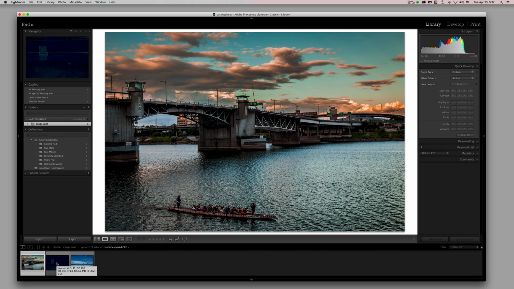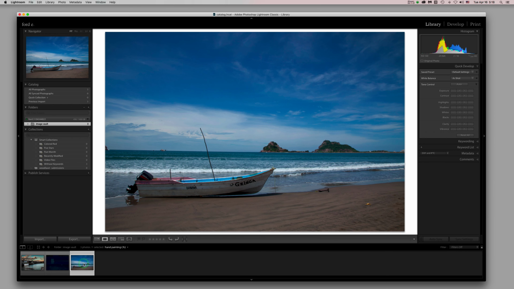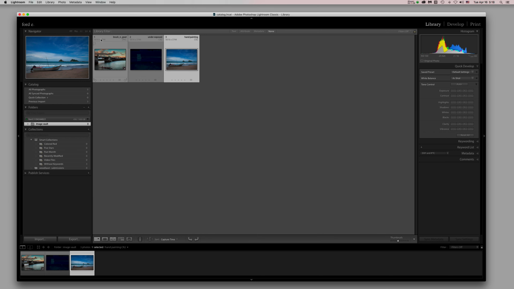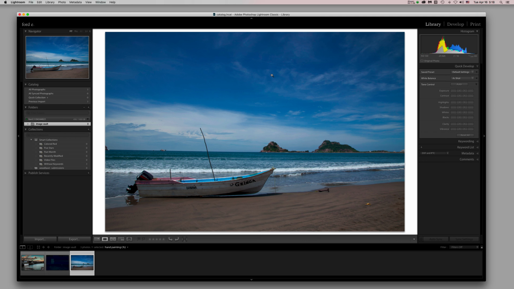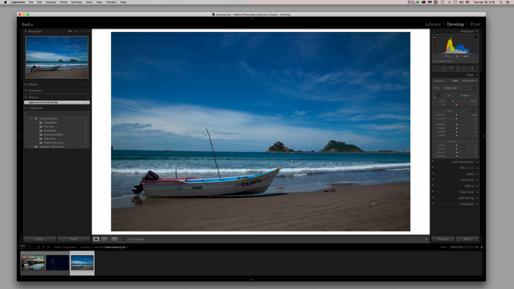down in my film strip area and click on it, and click on the other one. So this way we can really zoom around. Under view, we have our different grid views, which is the letter G. And if I type the letter E, I go back to loupe view. I can click on develop to go to the develop module. If I tap the letter D for develop, then it comes into the develop module,